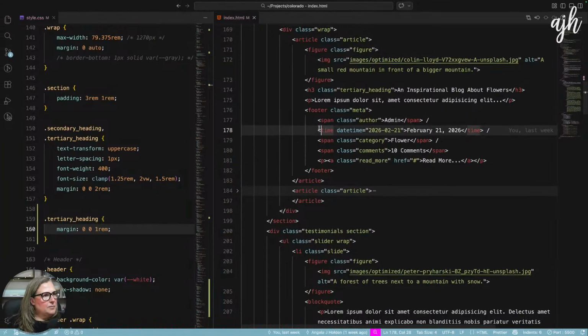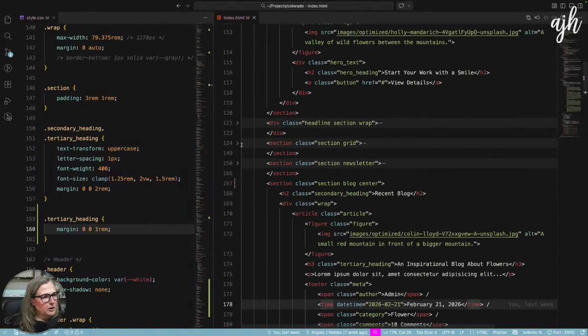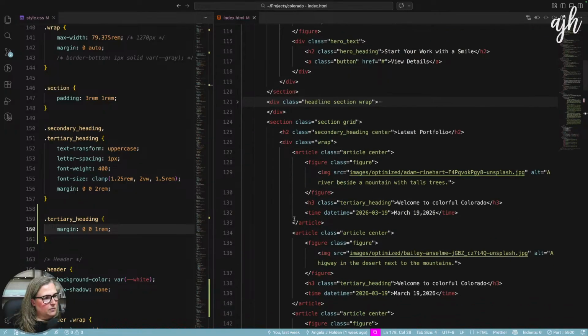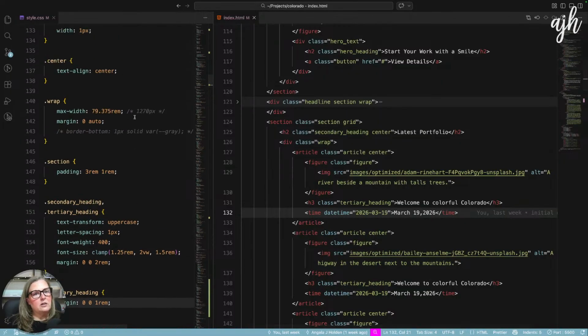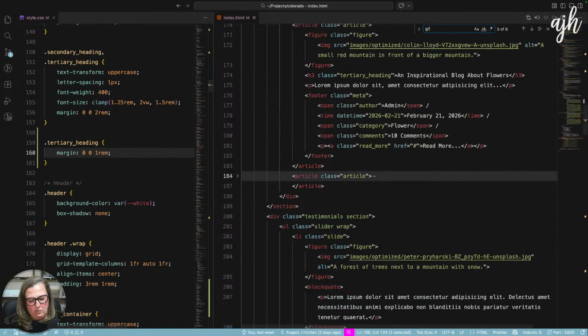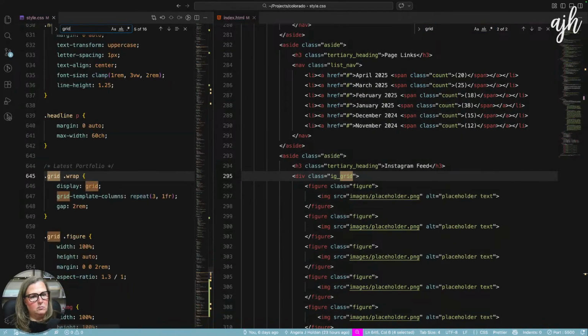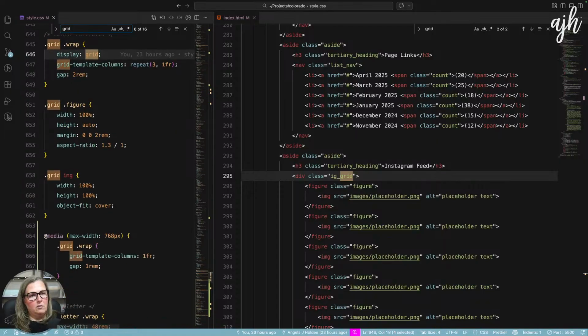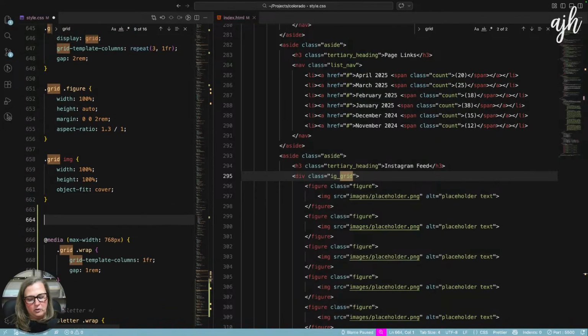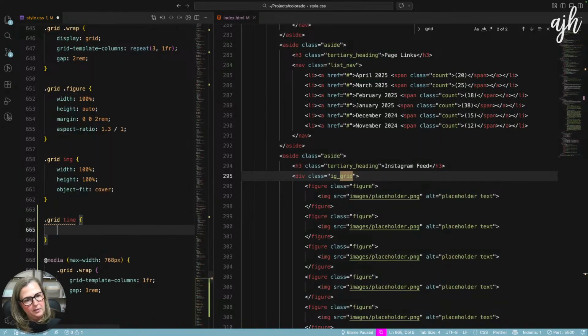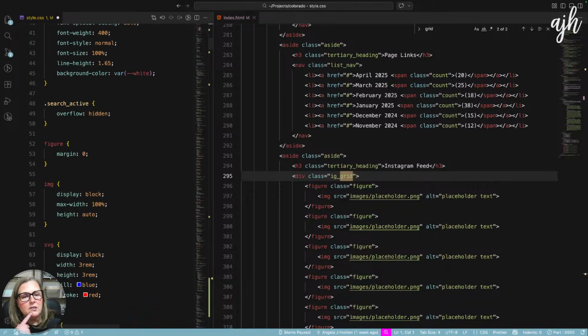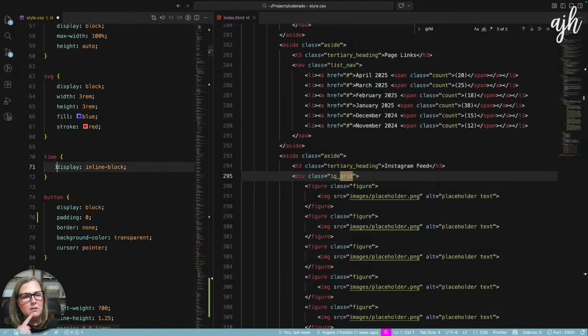So that's, right up here in our grid, that's the time element inside the grid. Right here. So let's do grid time. Do we style time though? We did.